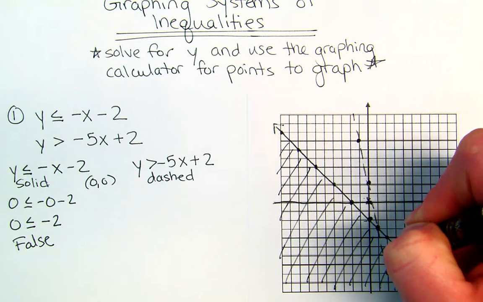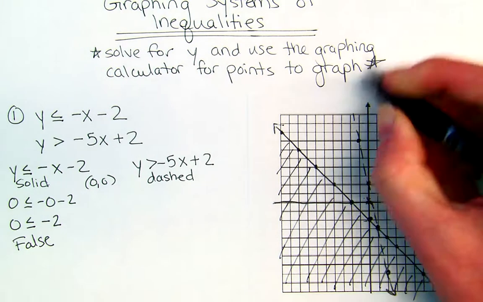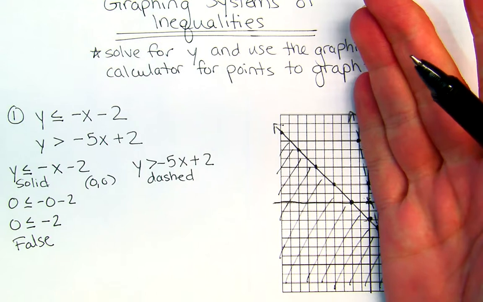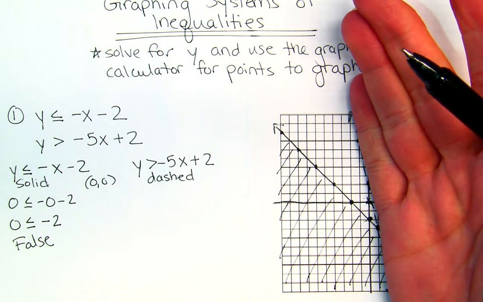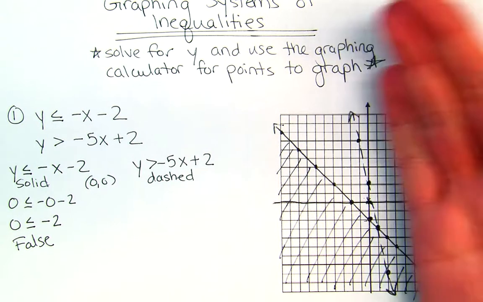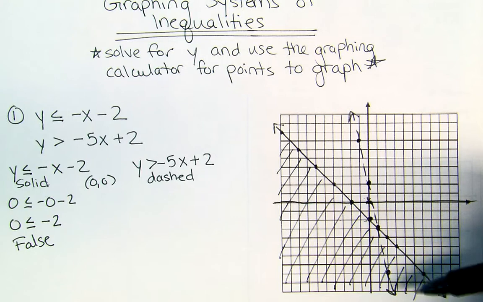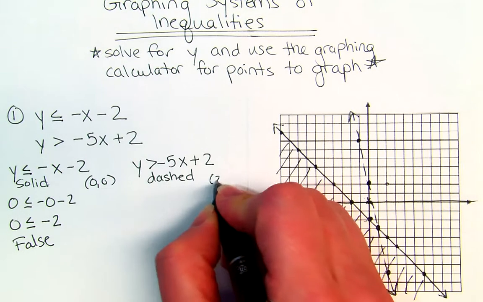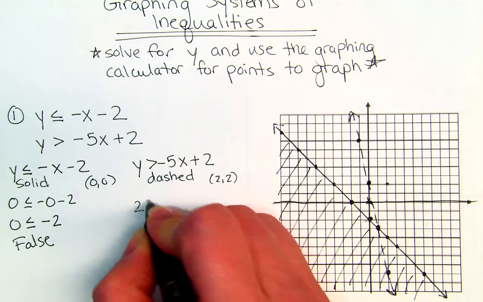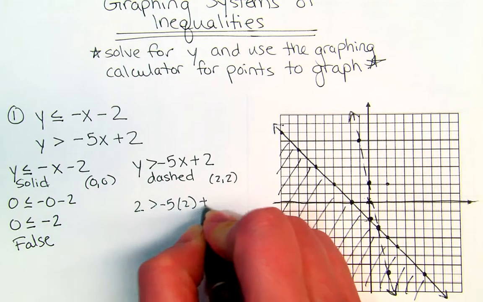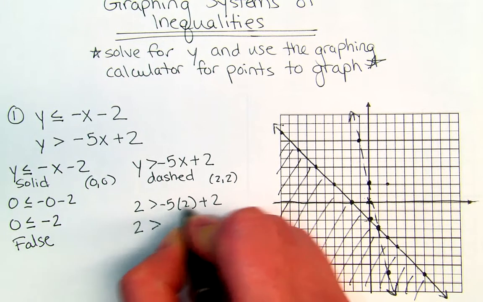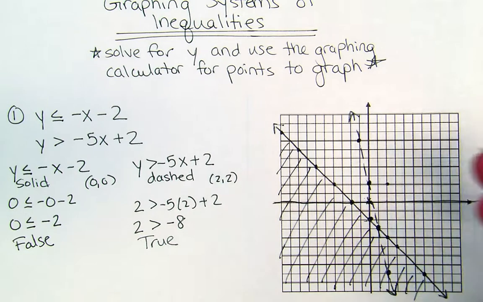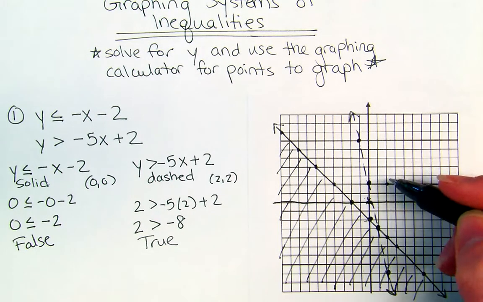Again, use your ruler for better accuracy. And now this is the line that I'm focusing on. Okay, so 0, 0 is a little tough for me to determine which side it's on, or it's a little too close to this dashed line for me. So instead I'm going to pick the point 2, 2. So when I test 2, 2, I plug in 2 for both. Okay, and I wind up with 2 greater than -8. This is a true statement,